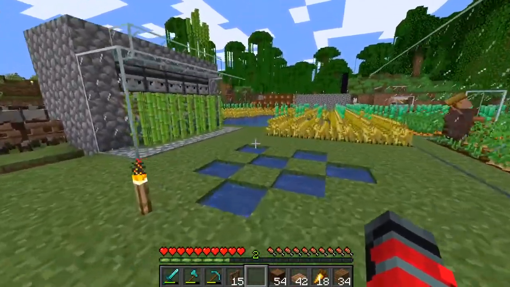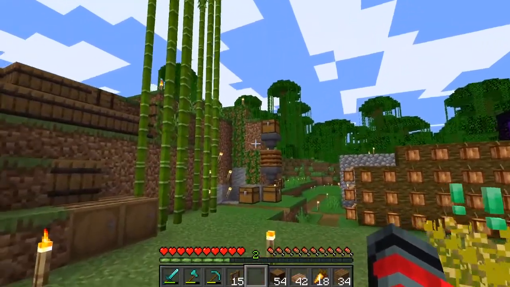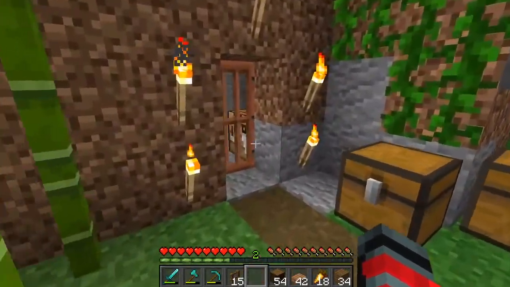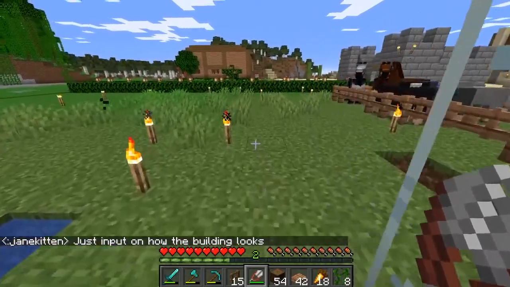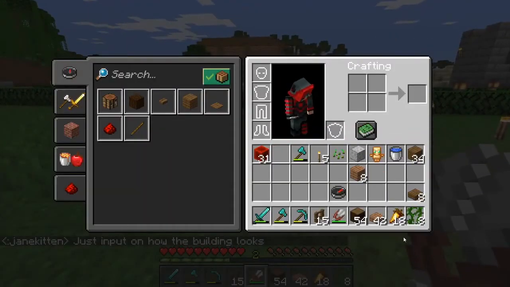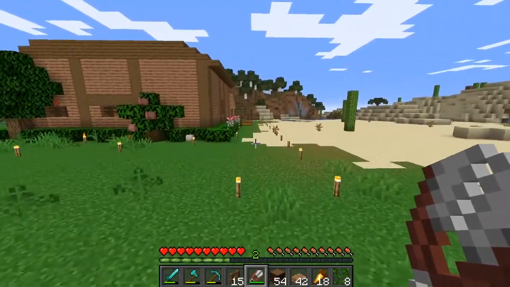I'm not sure how good it will look, and I can always remove it, but the vines. Just gonna make some new shears. I know I have some vines in my chest. Let's go ahead and try this really quick. I'm not sure how it'll look, but I think it will help add